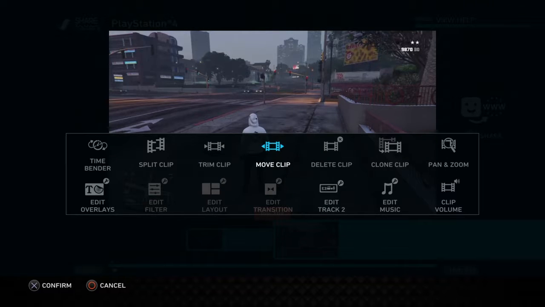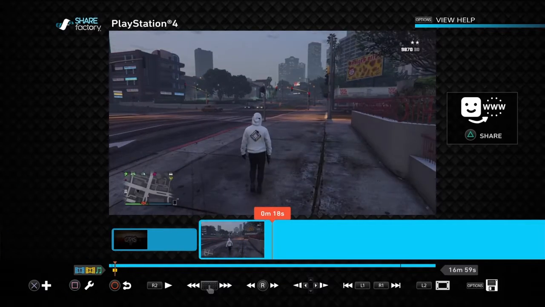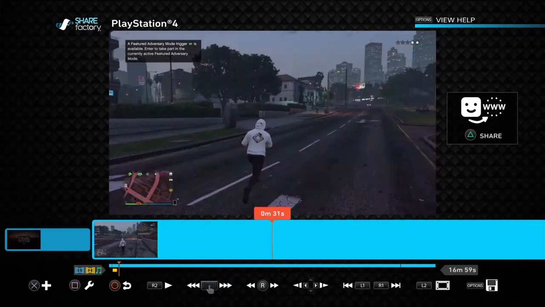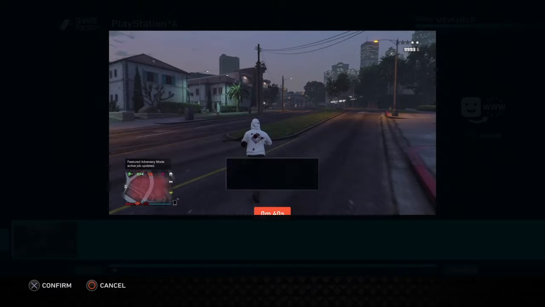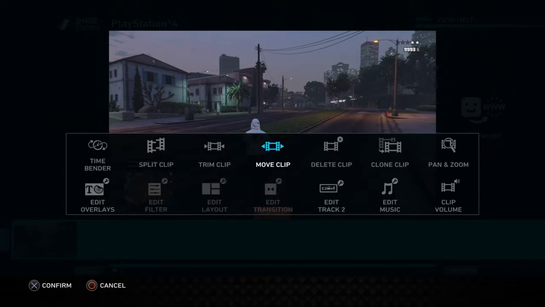Square, let's move to square. Square has a lot of things that could come in clutch if you use it the right way. For example, time bender. Let's say this part right here, I'm casually running, right? So with time bender, what I would do before I go to time bender is I'll